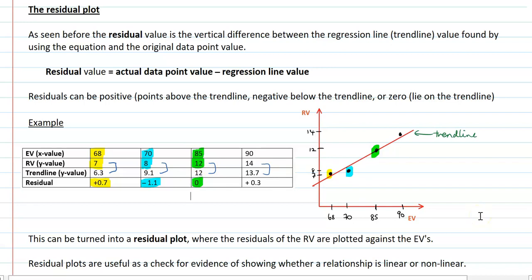We use the residuals to then create a residual plot, where we plot the residuals of the response variable versus the explanatory variable values. They're really useful to check for evidence to show whether we truly have a linear or a non-linear relationship.